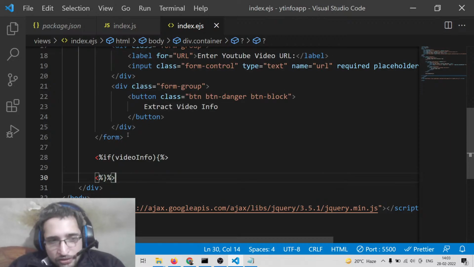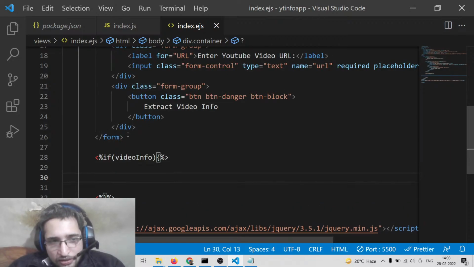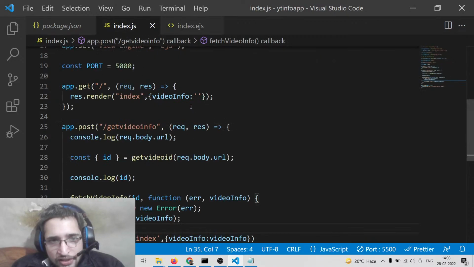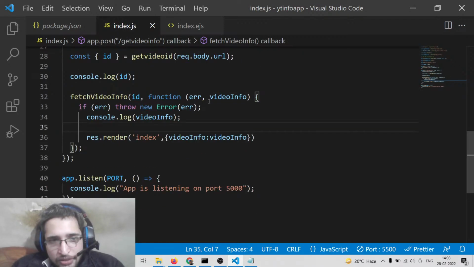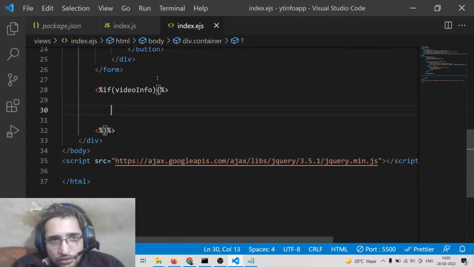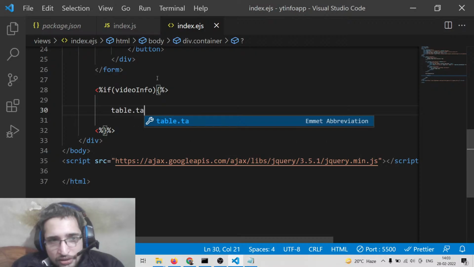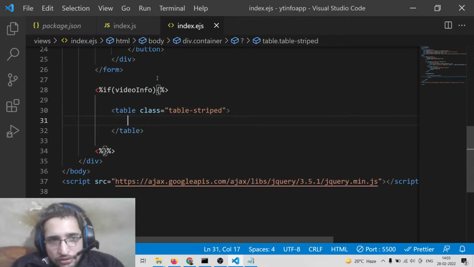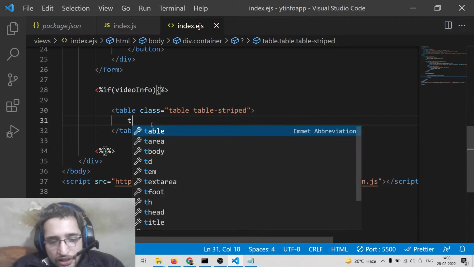So basically this is the syntax by which we check here. If the object is set, if the object is not empty, then we will display it inside. We will use the table class, so table striped. This is the bootstrap class for tables, and here we will have table body tag,